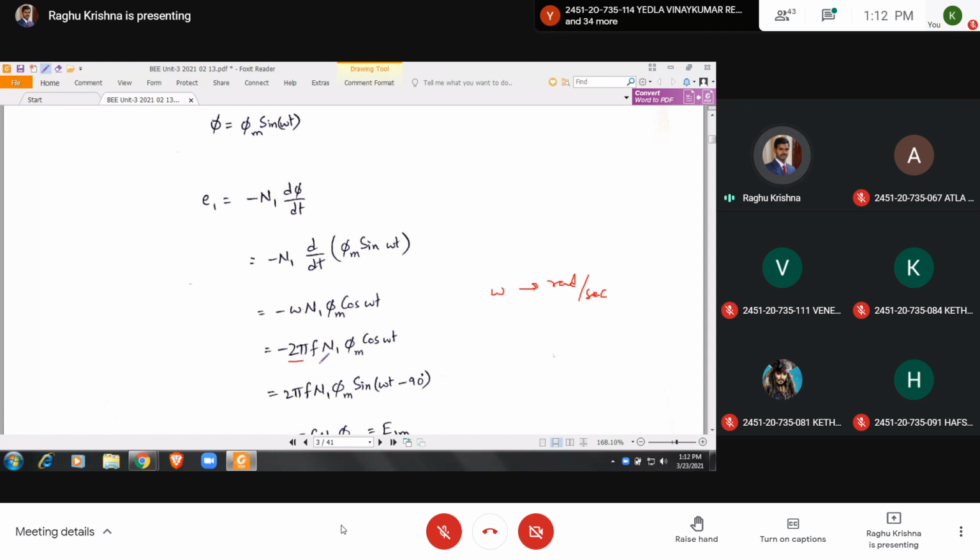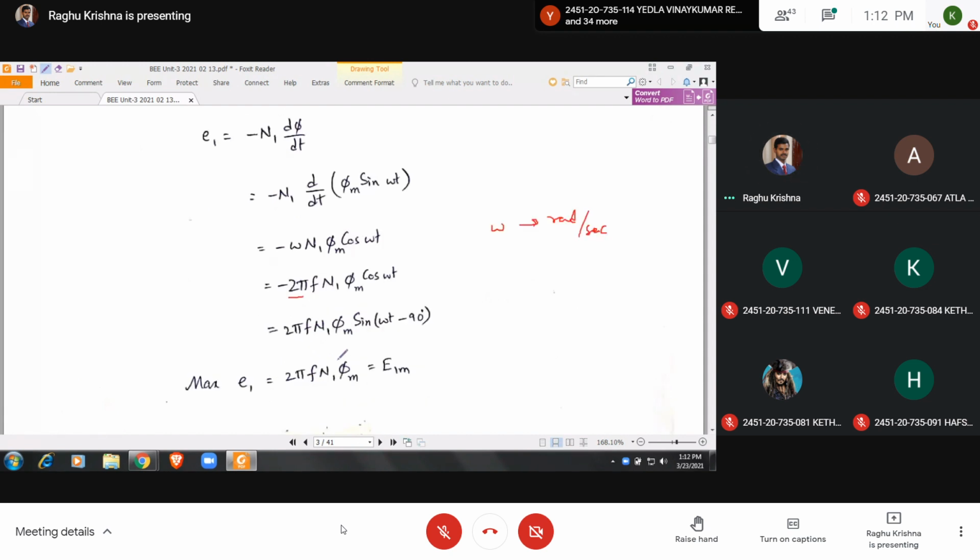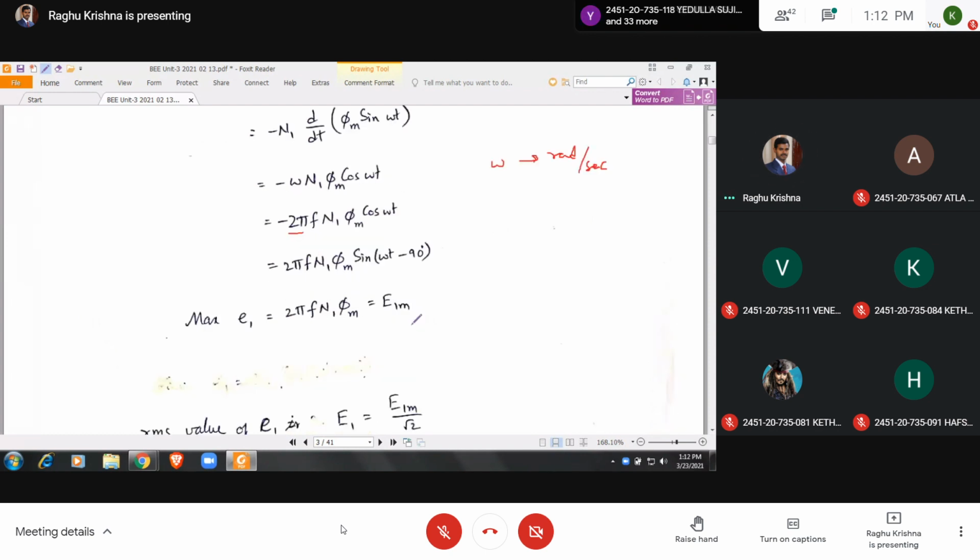So omega equal to 2 pi f. And here express minus cos omega t in terms of sin omega t. So here this becomes sin (omega t minus 90 degrees). What is the maximum value of this one? The maximum value of sin (omega t minus 90) is 1. If this is maximum, then the maximum value of E1 is 2 pi f n1 phi